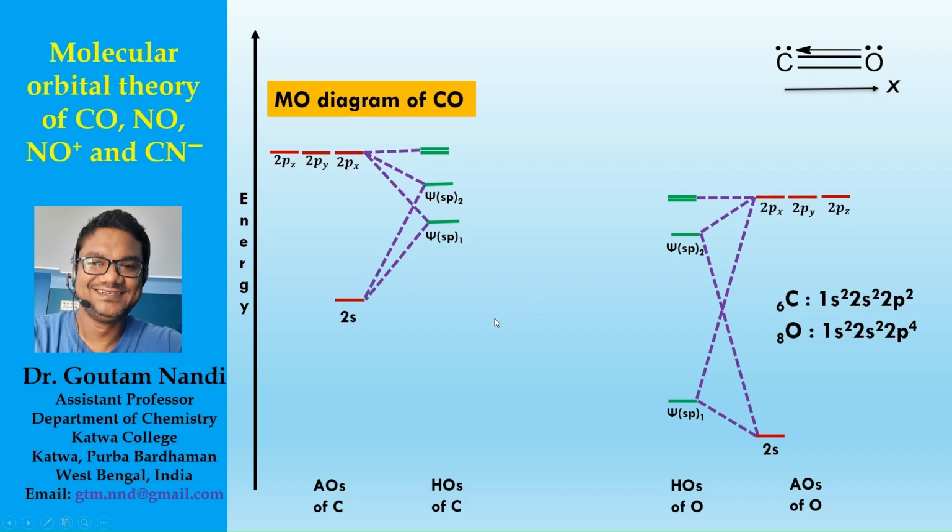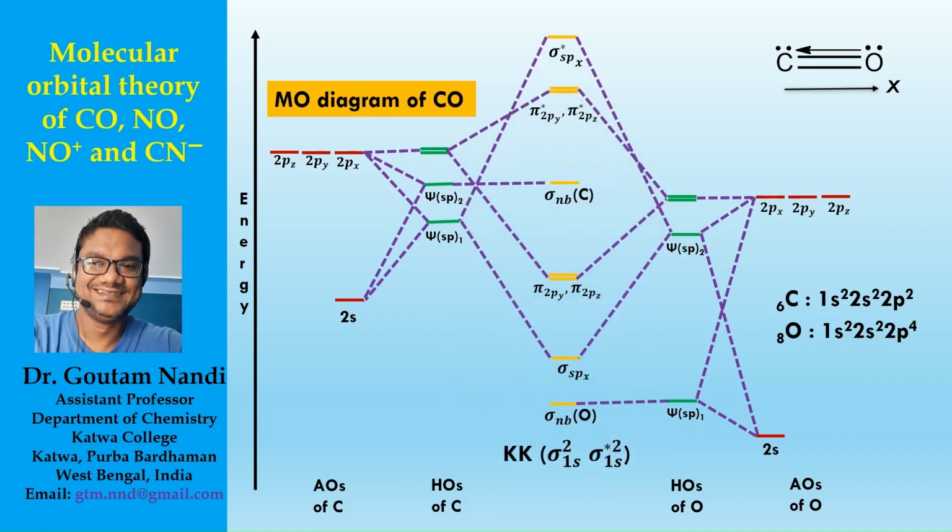However, one thing you should remember, that because the energy gap of 2s and 2p is less in case of carbon, the interaction between 2s and 2p orbitals in case of carbon will be much greater than that of the 2s and 2p orbitals of oxygen. And the lower energy psi sp1 of oxygen, you may consider this also almost like the pure 2s character of oxygen. Okay. Now, these hybridized orbitals of carbon and oxygen will interact to produce some molecular orbitals of carbon monoxide,